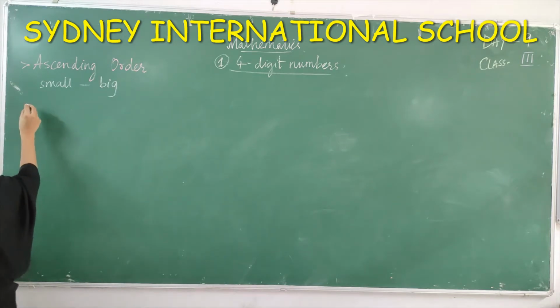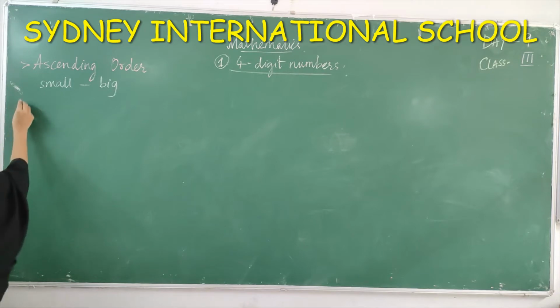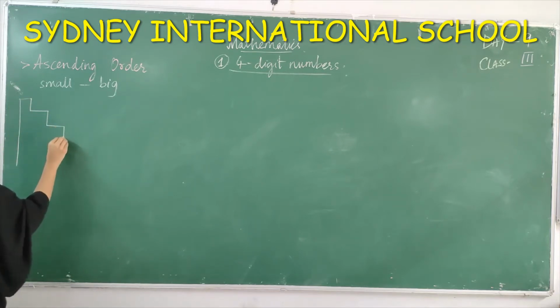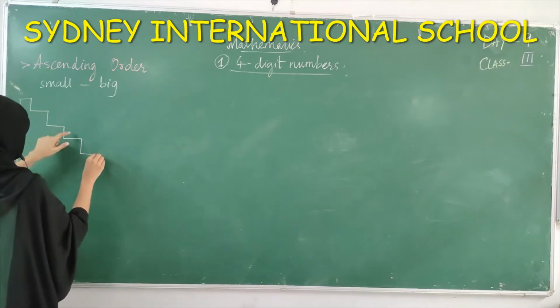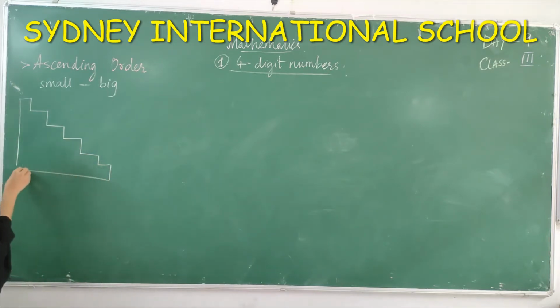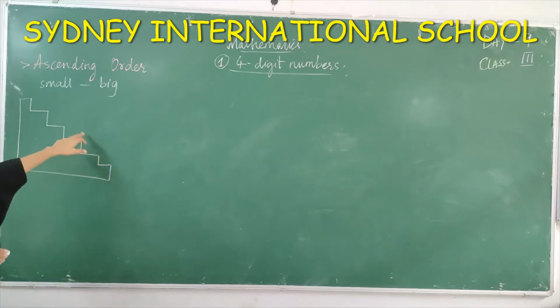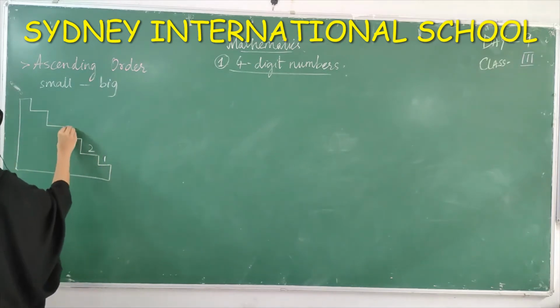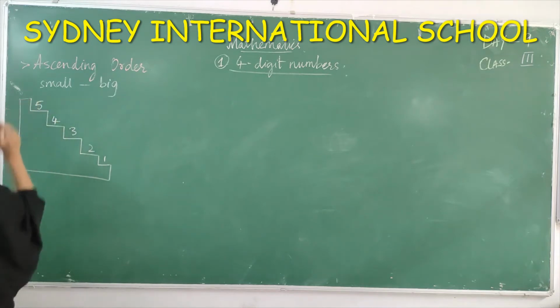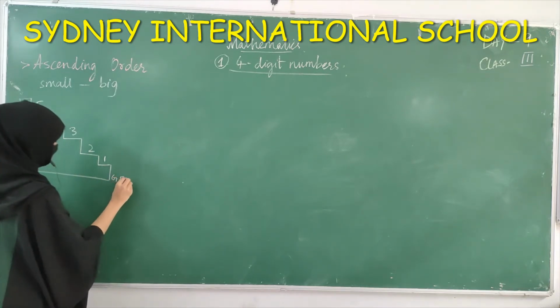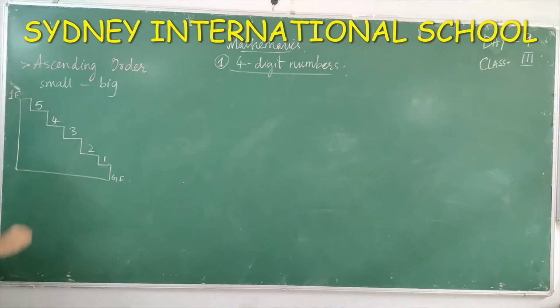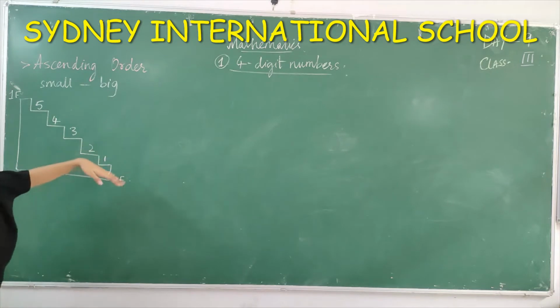Here for example, I'll just show you. I'll draw this. Suppose these are stairs that we climb. Now to each stair I'll give one number: 1, 2, 3, 4, 5. This is our ground floor. This will be our first floor. When we are climbing from ground floor to first floor, we use stairs and go up. So as we are going up, our number is increasing. After reaching 5 stairs, we'll go to first floor. Again, if we go 5 stairs, we will go to second floor.